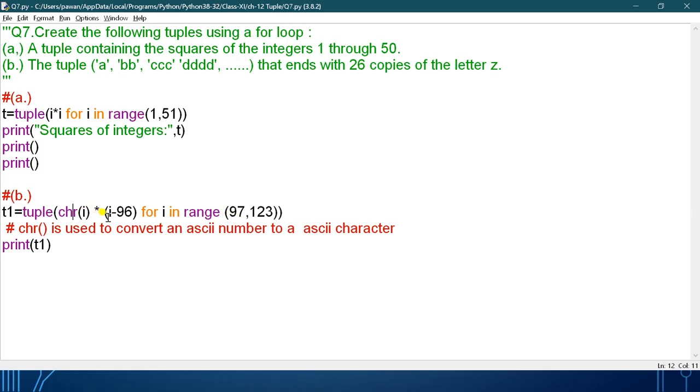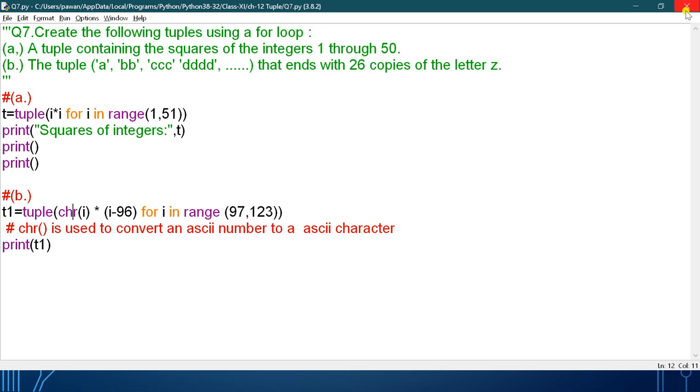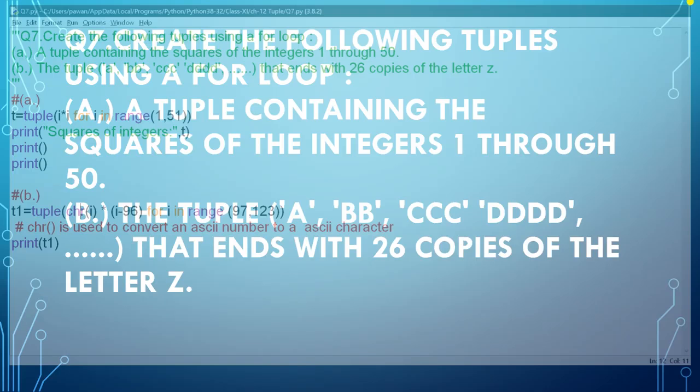Now 98 minus 96, that is 2. So b multiplied with 2 will give you 2 times b. Okay, and so on. So you just run it. So this is the square of integers and this is the letters in increasing order. Okay. So this is the code of your question number 7.